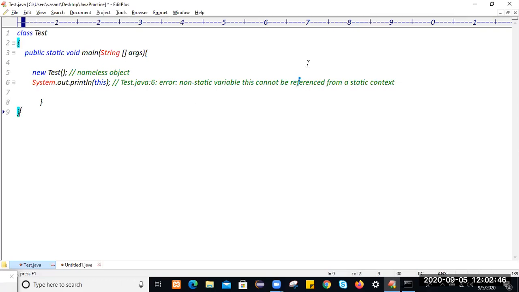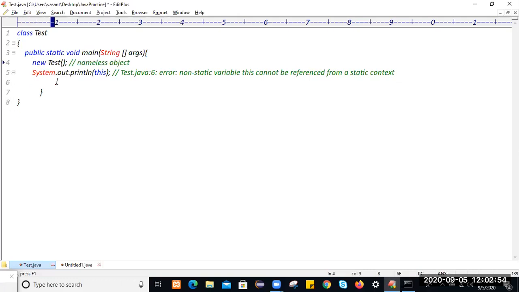So write down for this: we can't use this directly in the static area, as this is an instance member of the class and can be used only within the instance area.